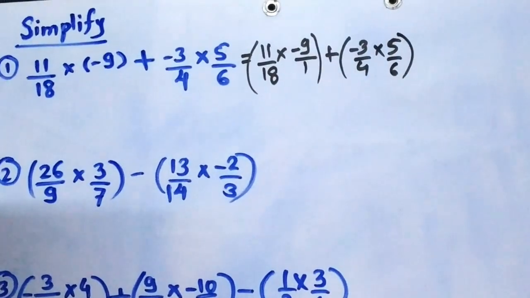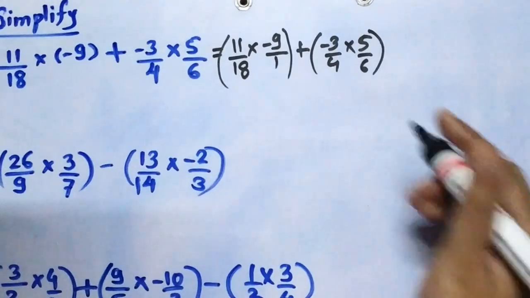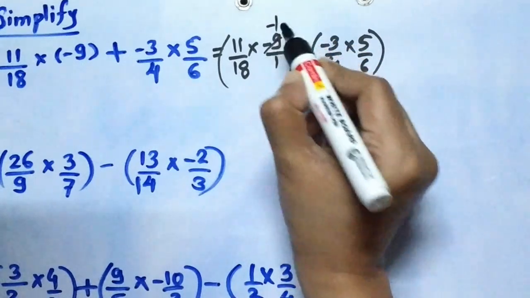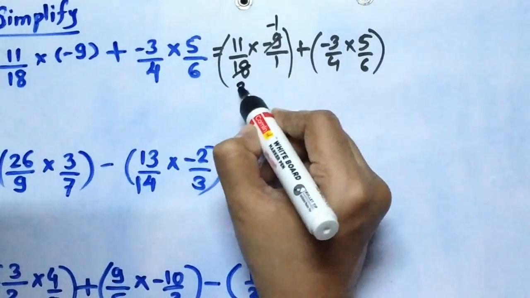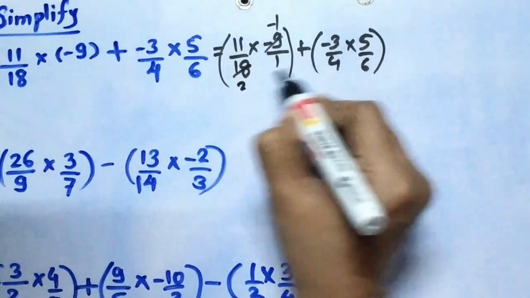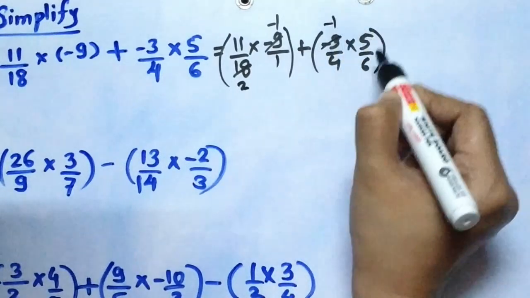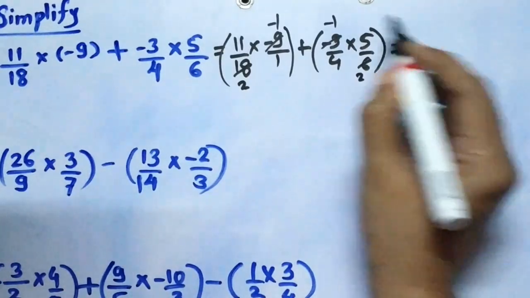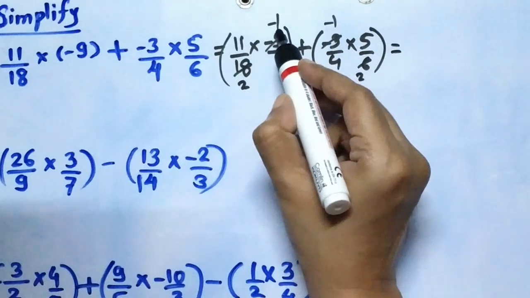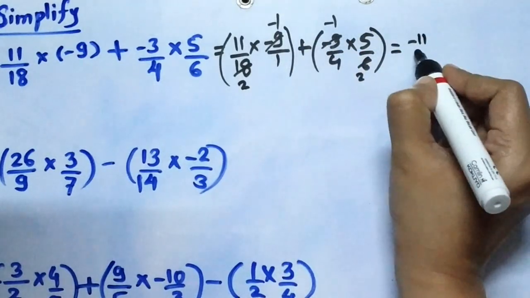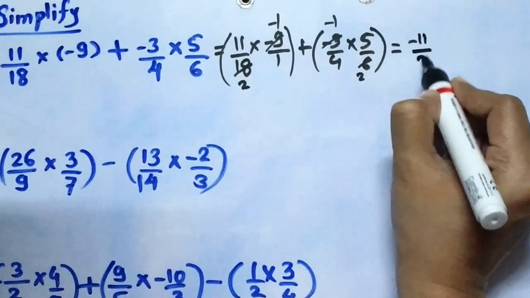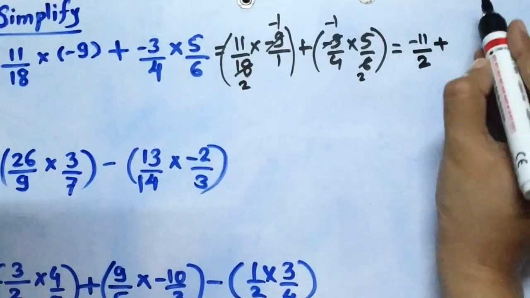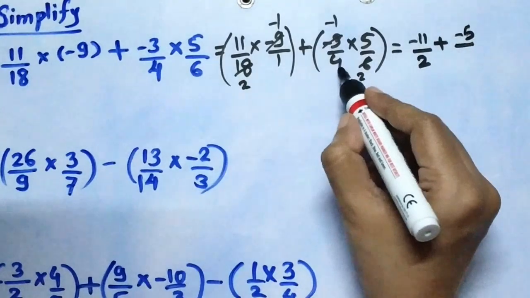Friends, you need to just now go for it. So here you can say in the multiplication you can divide like this. Here 9 ones are 9, that is minus 1, and here 9 twos are 18. Here also you can see if it is possible to divide, you can divide. Here 3 ones are 3, and here 3 twos are 6. So now friends, you can write down here in the numerator 11 ones are 11, that is minus 1, so minus 11 will be there, divided by 2 ones are 2, then plus sign you have to write, and then here 5 ones are minus 5, and here 4 twos are 8.